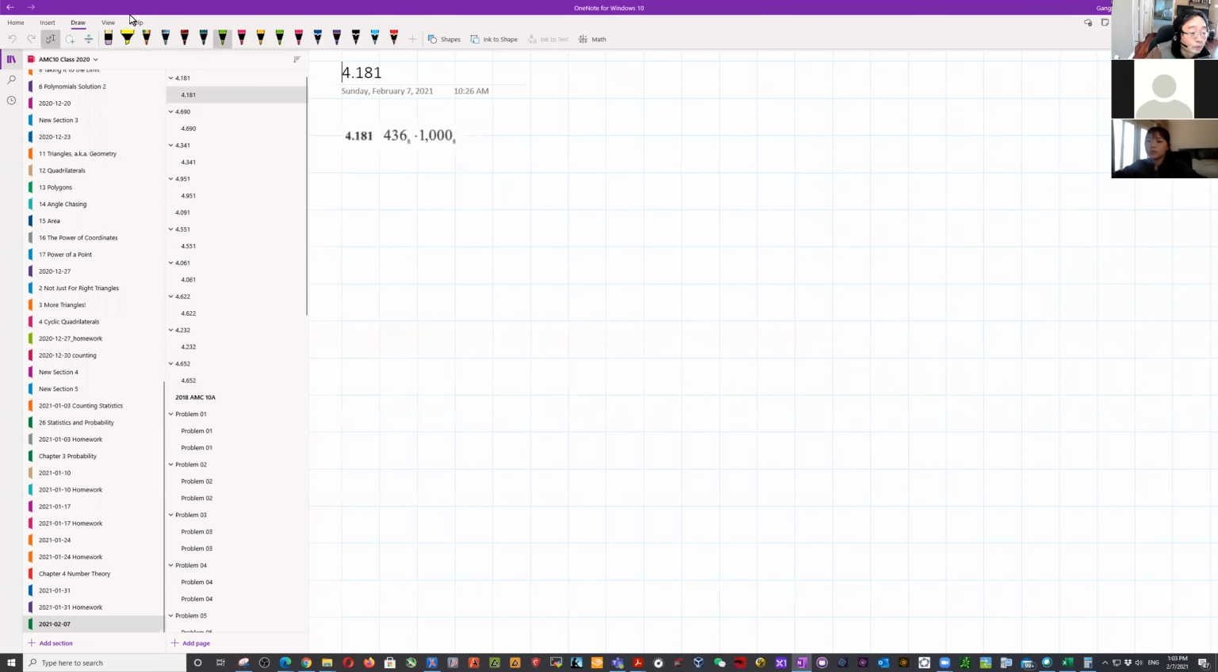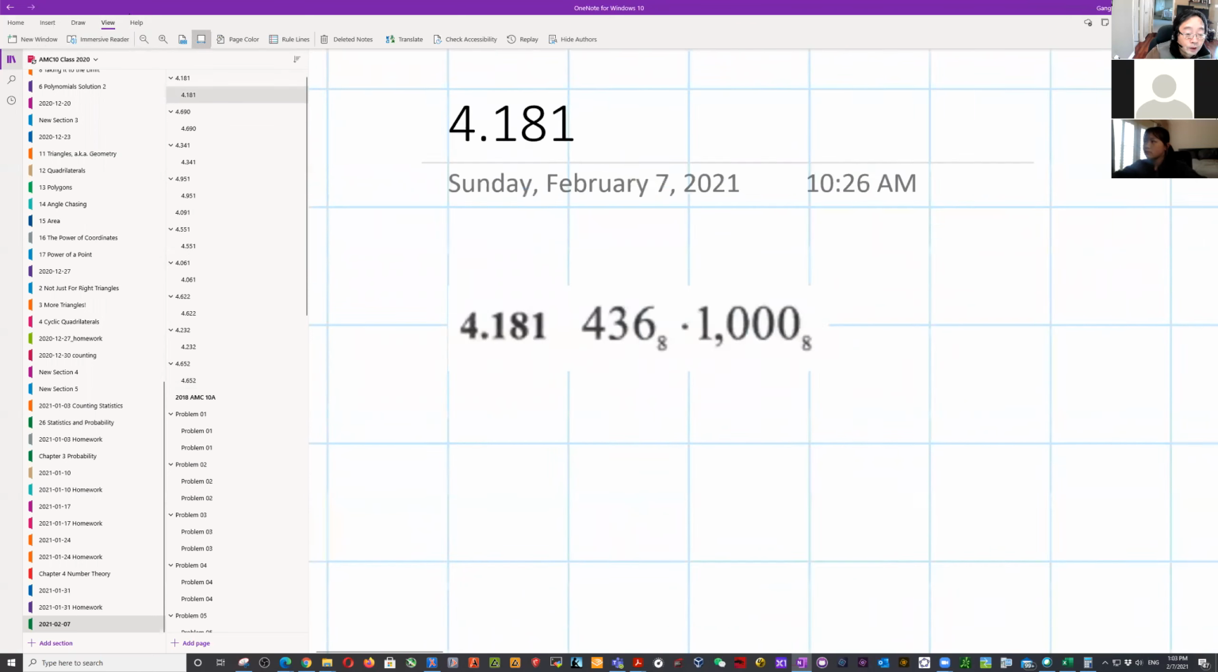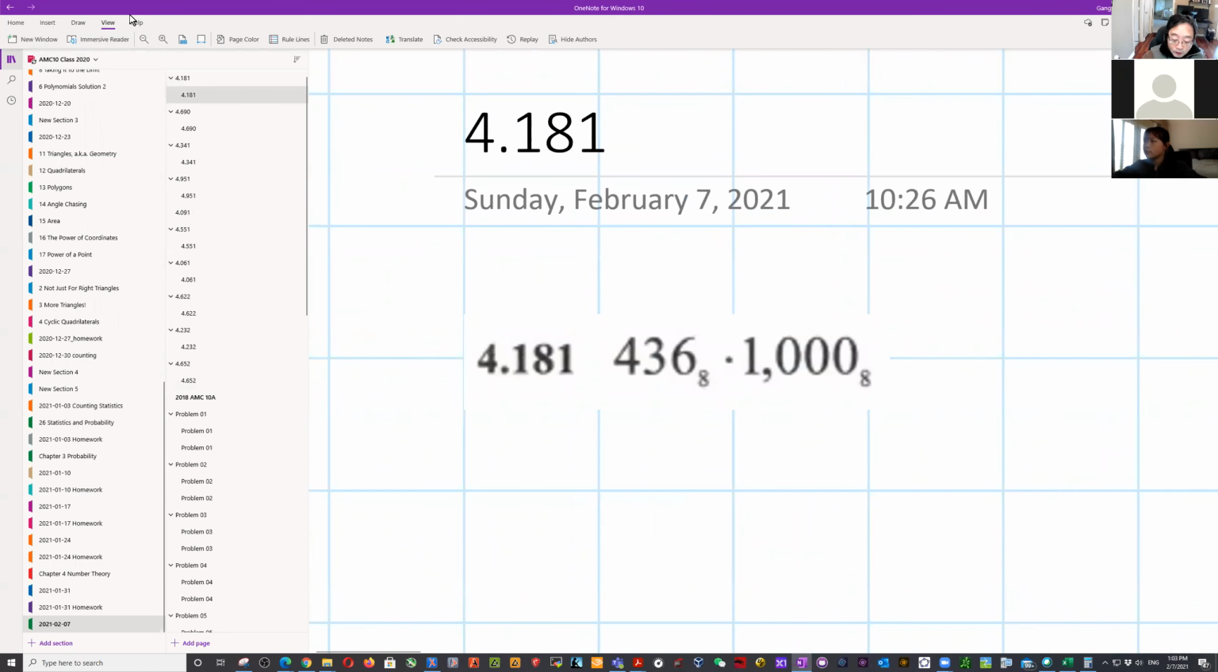so this is in base 8. In base 8, multiplying by 1000 is still equivalent to, in base 10, basically just adding three 0s. So in base 8, actually in any base, if you multiply by